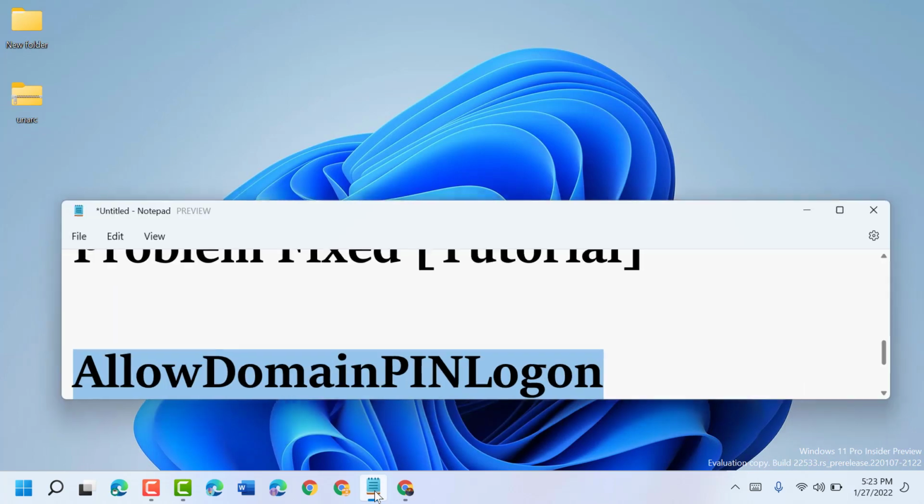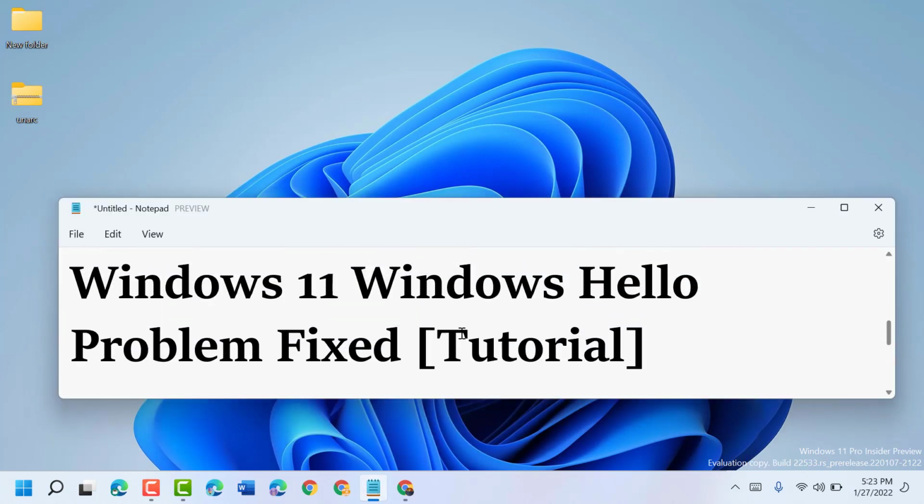So hopefully guys, using these simple and easy steps we can fix and we can resolve Windows Hello not working